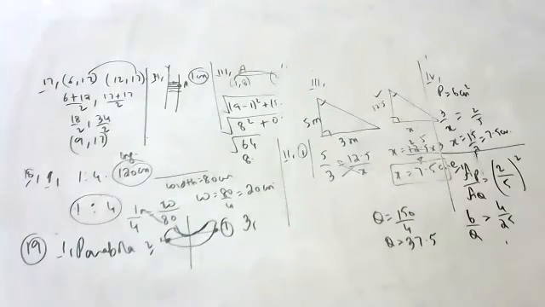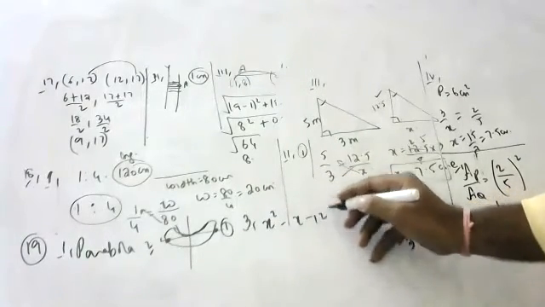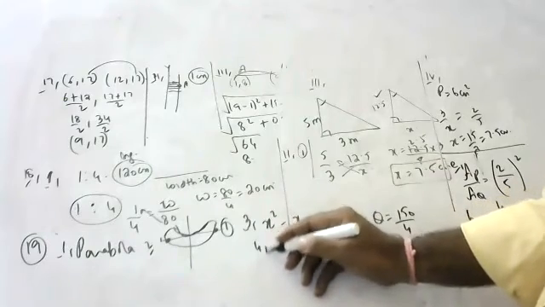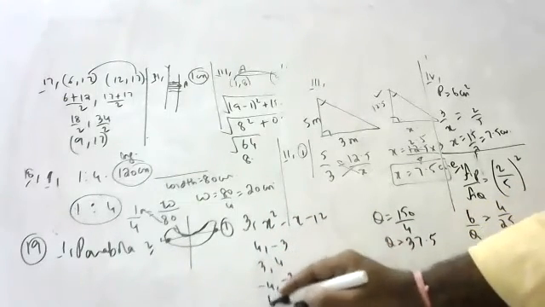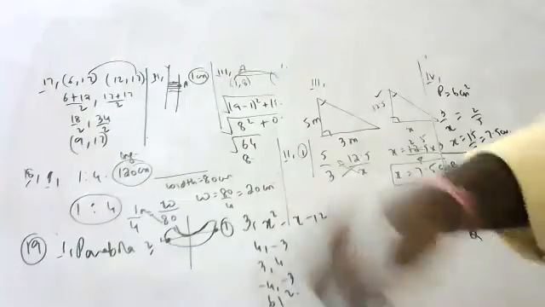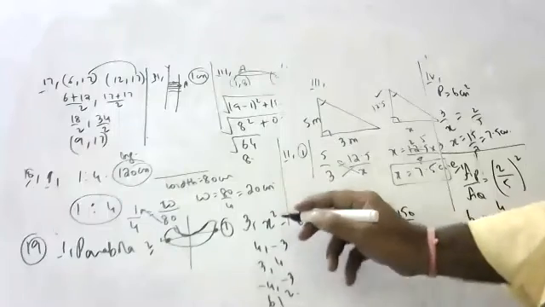Third question, children. If the curve of the banana is represented by x square minus x minus 2, find its zeros. They have given some options: 4 comma minus 3, 3 comma 4, minus 4 comma minus 3, 6 comma 2. Substitute all of them in this, children. Wherever you get 0, that is the answer. One I will show. Substitute 4 here.